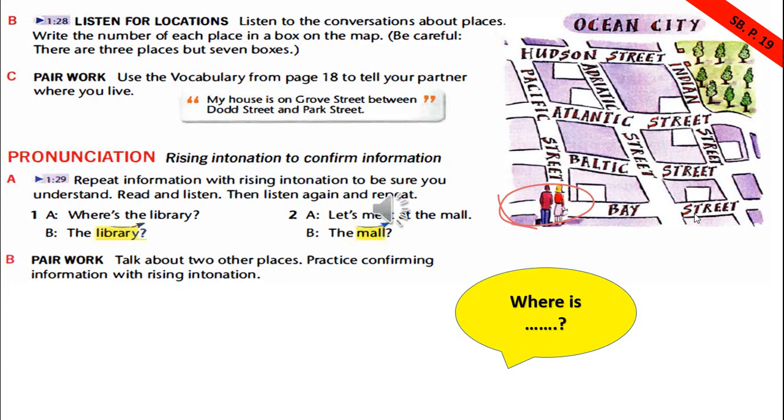Conversation 3. Ma'am, excuse me? I'm looking for the Clooney Theater. The Clooney Theater? Do you know the address? Yes, it's 600 Hudson Street. 600 Hudson Street? Oh yeah, I know where that is. Walk straight down Bay 1 block, then turn left on Adriatic. Walk to the corner of Hudson and turn left. It's right there on the corner.